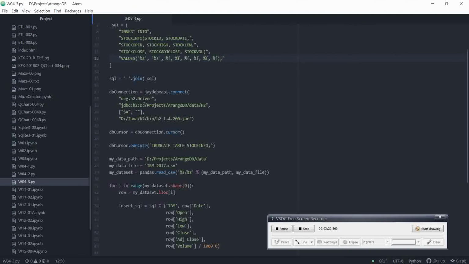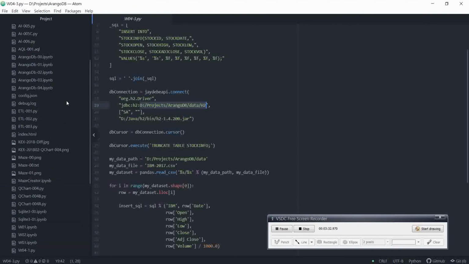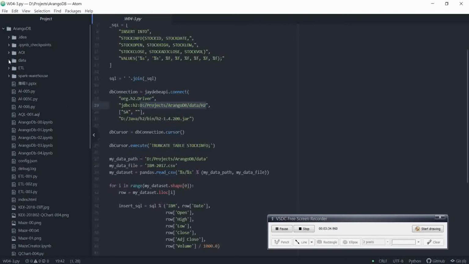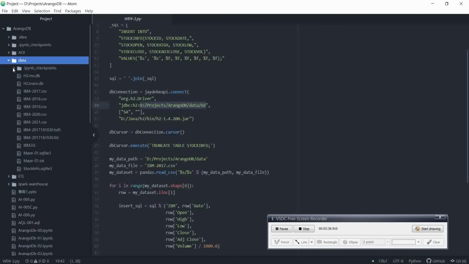Okay, and this D colon projects is my data folder. Make sure that you have put in the correct folder. For me, the ArangoDB data, and then under that I have two H2 files. Okay,